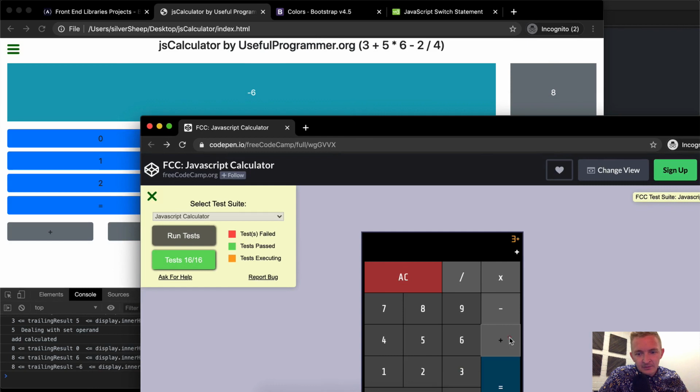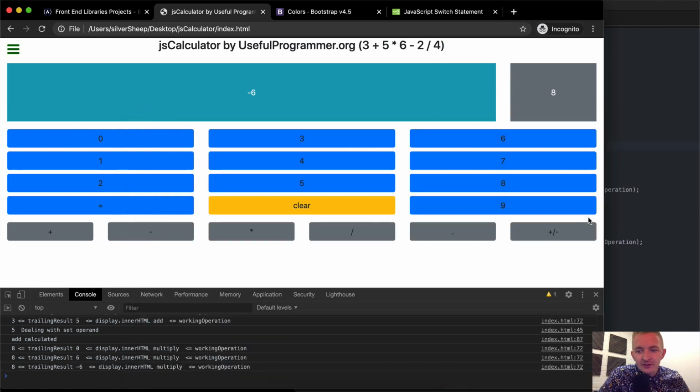3 plus 5 times 6 minus 2 divide by 4, 32.5. Yeah, that's working for them because they don't need to differentiate between having a subtraction as the next one or a multiple as the next one. So you know what? I don't think that this warrants